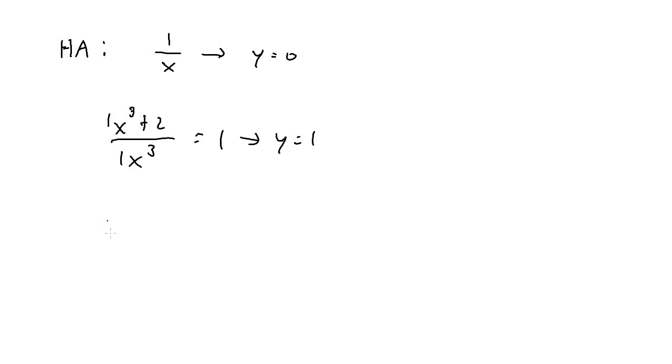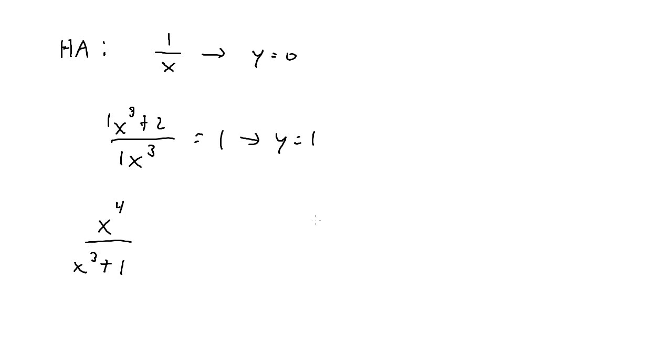Now, let's say you have a top-heavy function like x to the 4th over x cubed plus 1. There's actually not going to be any horizontal asymptotes, but when you have a top-heavy function, it's actually known as a slant asymptote, not a horizontal asymptote. And we don't necessarily need to worry about that because, once again, with a top-heavy function, there are no horizontal